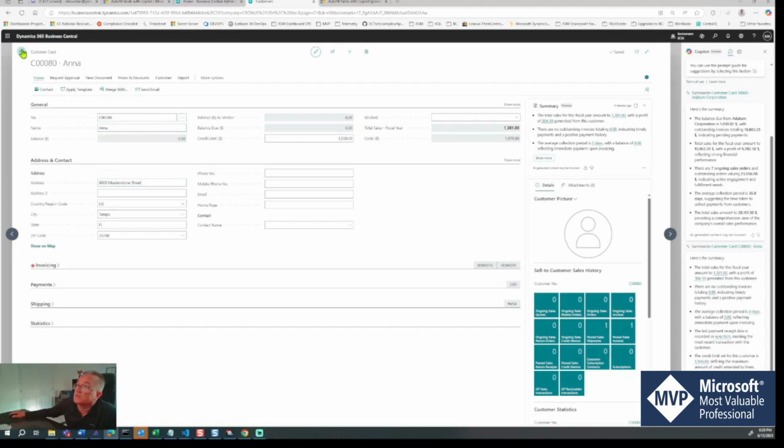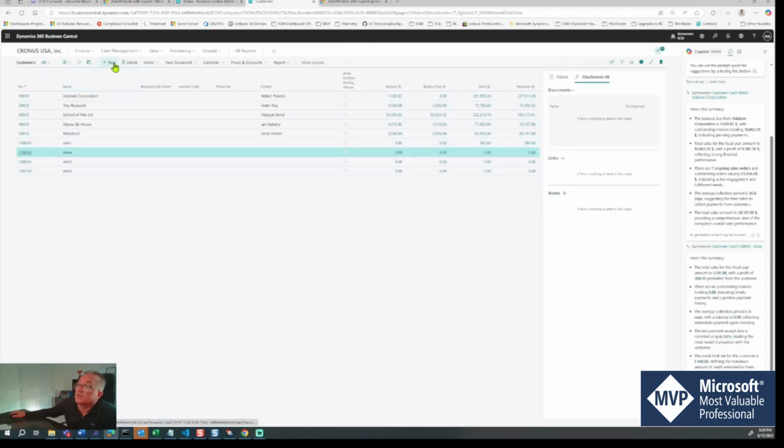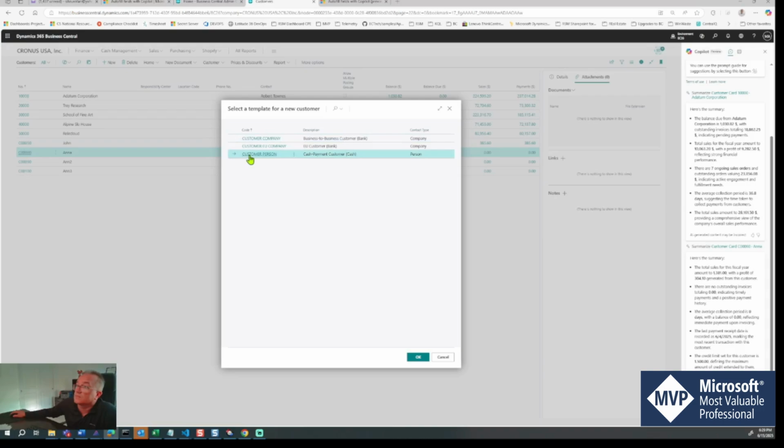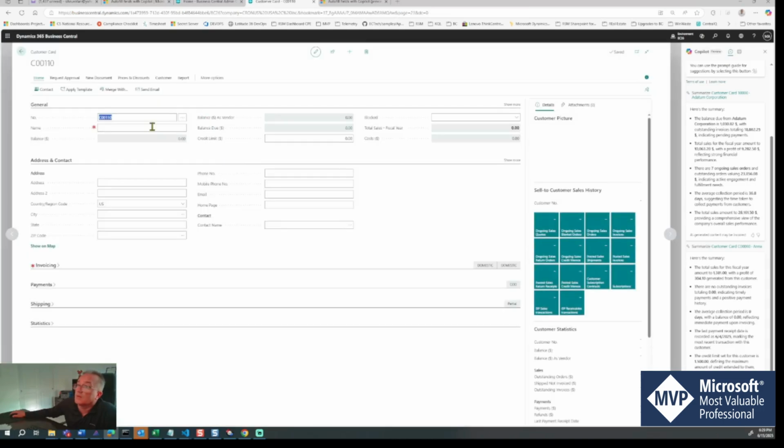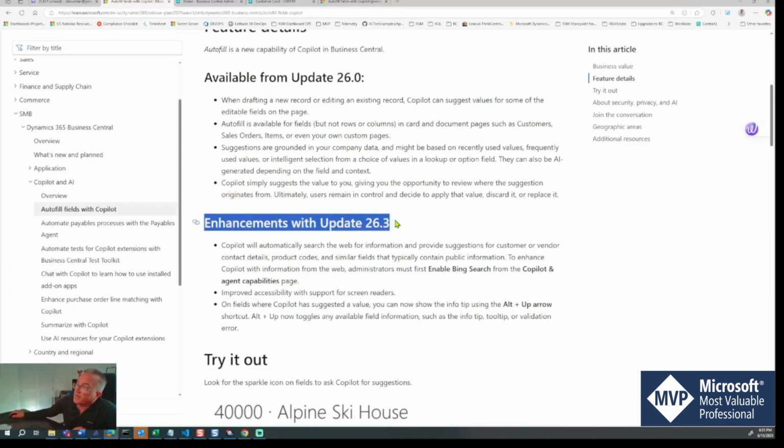Plus that we can see, let's see, on a new customer, as we hover over the editable fields that have the Copilot autofill capability, the icon disappears and reappears as we hover over. So that's most likely conducted via the platform. The upcoming changes: there is some new upcoming functionality around Copilot in update 26.3, which is